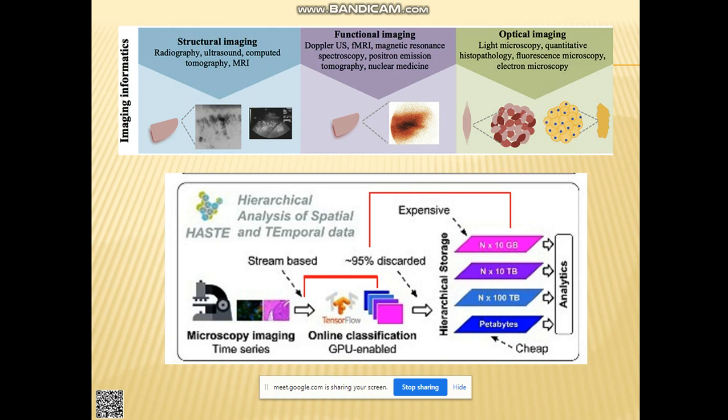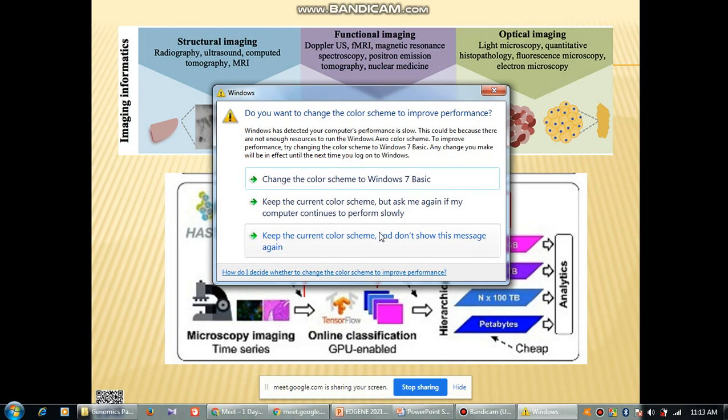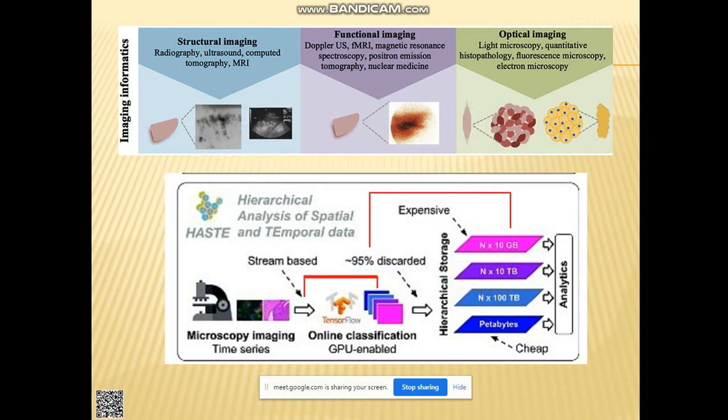The first one, which I have shown you, is the last one, but let us go on from the first one. In image informatics, there are some structural imaging for gross abnormalities, to identify which kind of metastasis is there, whether it is still a benign stage which has not yet enlarged and may not have metastasized into some other kind of tissue. So for those gross abnormalities, we will use structural imaging, as you know, radiography, ultrasound, and various kinds of tomography